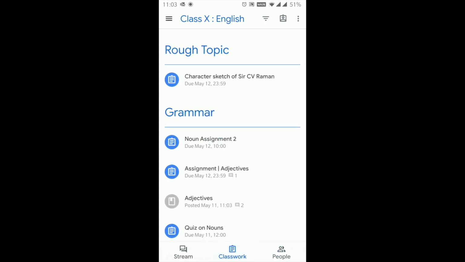Classwork is where the teacher arranges the class based on the topics, syllabus or chapters, and then within each chapter the teacher adds materials. It can be resource materials, it can be assignments, quizzes, whatever the teacher sends to you. And teacher can send PDF files, documents, videos, website links. So multiple things can be sent by the teacher, and this is how you manage this classwork. But within this classwork page, there are a couple of icons, particularly two icons. The first one is a filter that you see again on the top right.